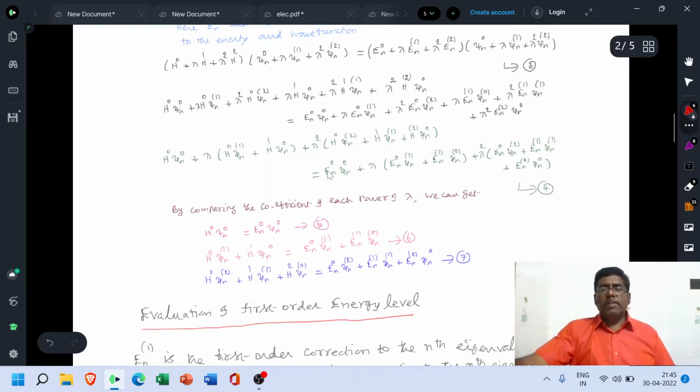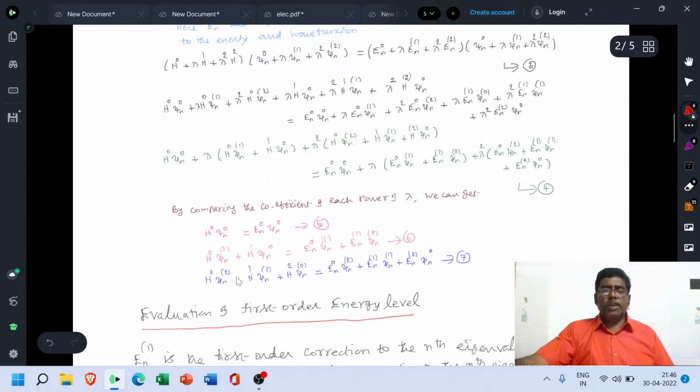Then here the right hand side is En0 psi n0, a constant term. So H0 psi n0 equals En0 psi n0. Now compare the coefficient of lambda: that is H0 psi n1 plus H1 psi n0 equals En0 psi n1 plus En1 psi n0. Next compare the coefficient of lambda square,